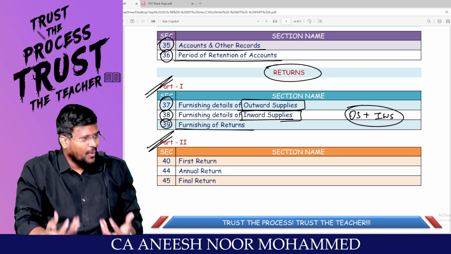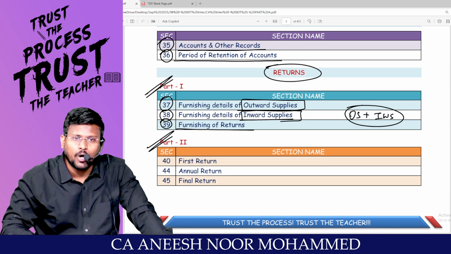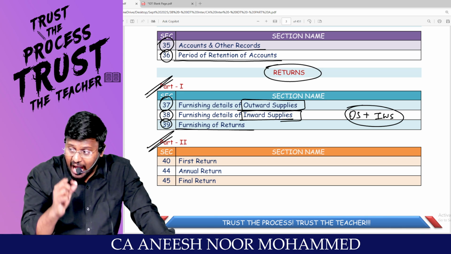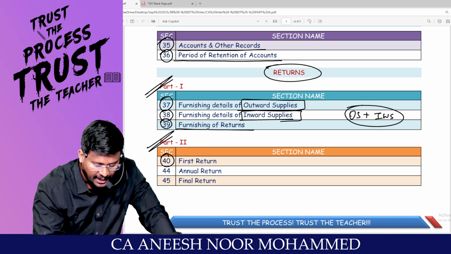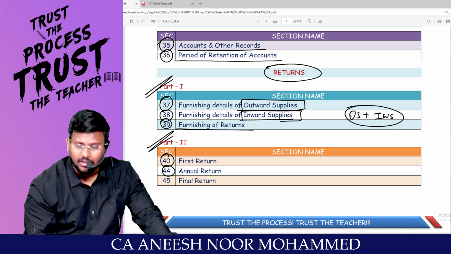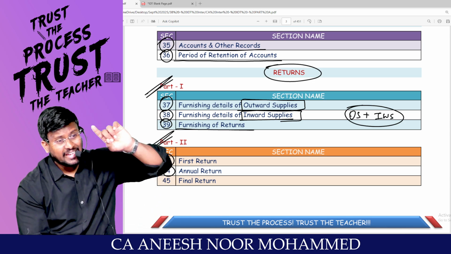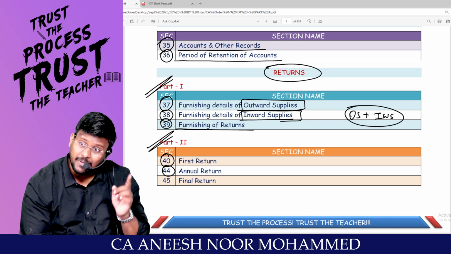Sir, just now I have taken registration, sir. As per section 22 or 24, after I have taken registration, the first return I have to file is as per section 40. Every year I have to file a what return? At the time of cancellation of registration, will I cancel the registration? Yes, sir. As per section